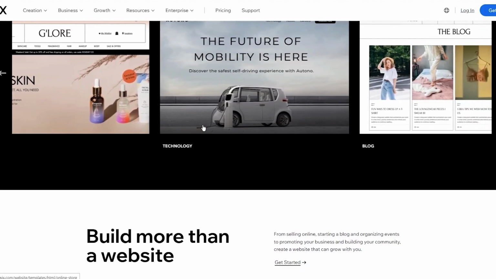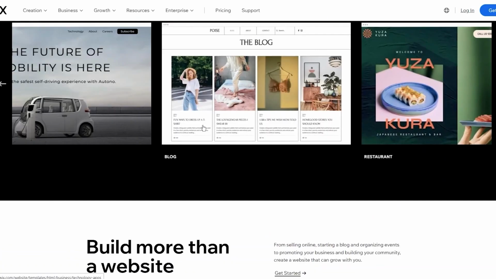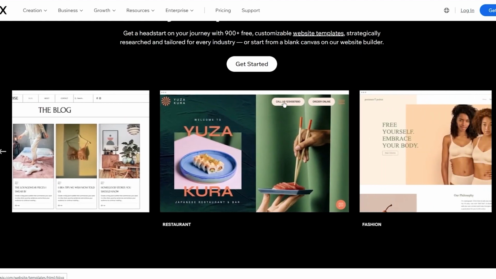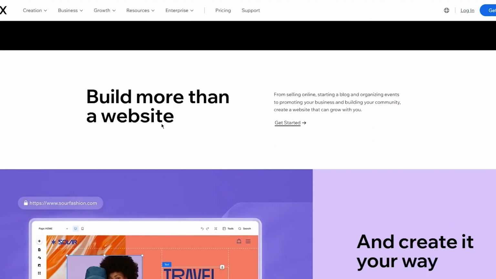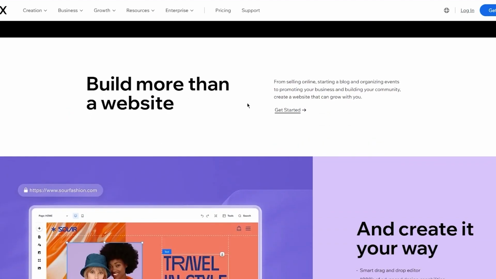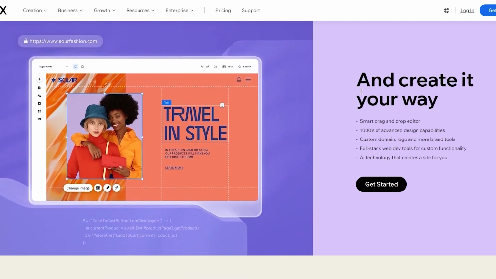Now, if we are to come down here and we see more, we can see all these designs were used on Wix. Like you have all these templates on Wix that you can use to create great designs. Then you have build more than a website. From selling online, starting a blog, and organizing events to promoting your business and building your community. Create a website that can grow with you. Now here you have and create it your way. So you have a smart drag and drop editor, thousands of advanced design capabilities, custom domain, logo, and more brand tools, full stack web development tools for custom functionality, AI technology that creates a website for you, and much, much